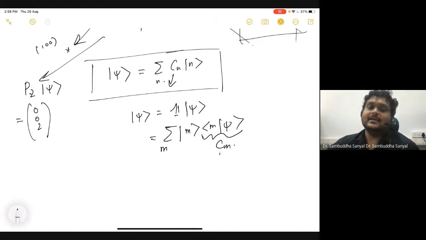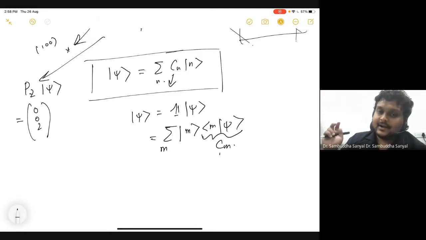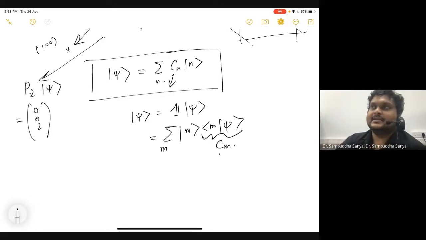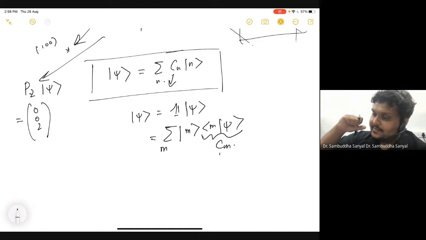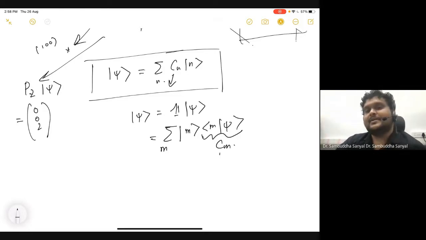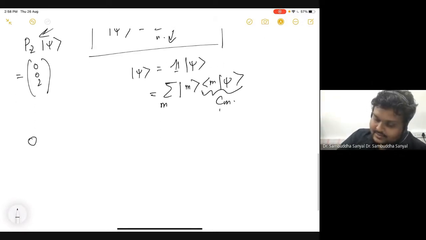But if you are doing something, then one state goes to another state. A state is a vector in this context. Again, I'm continuously using the word vector, but it is strictly not a vector. I'll come to that point also today. It is a projective vector or a ray, but for ease of understanding, let's call it a vector. So you need a machinery that converts a vector into another vector, and that machinery is an operator. I tried to convince you earlier that if you act an operator on a vector, you get another vector. And now we are trying to understand the construction of that. So we have to understand the action of an operator on a vector space.